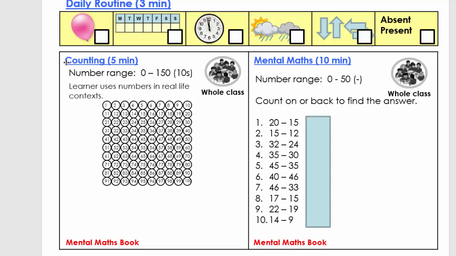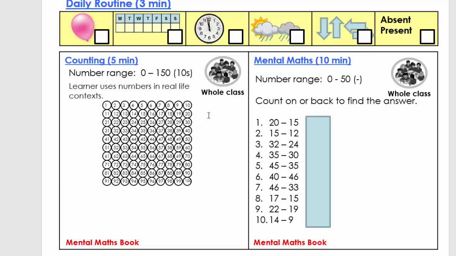Okay, then we're going to start with our counting activity. So today's counting activity is just to look at numbers in real life. So you can have a number board like this. You can also email us so we can send you a number board. But for instance, we're going to count in tens, and we're going to say 10, 20, and then we stop at 20, and then we need to make a sentence